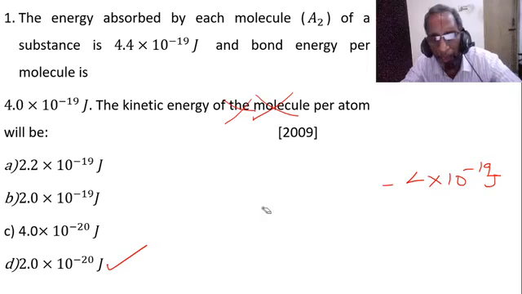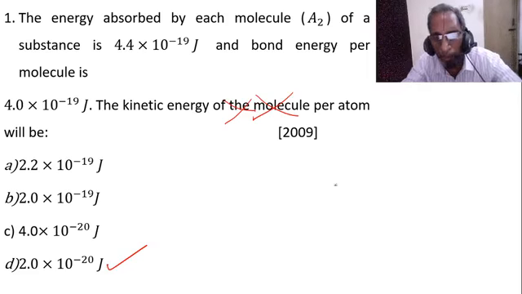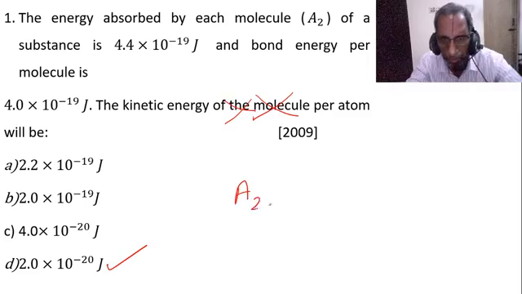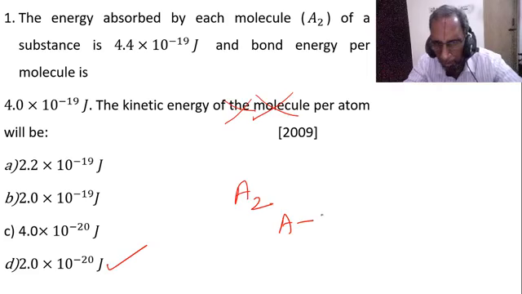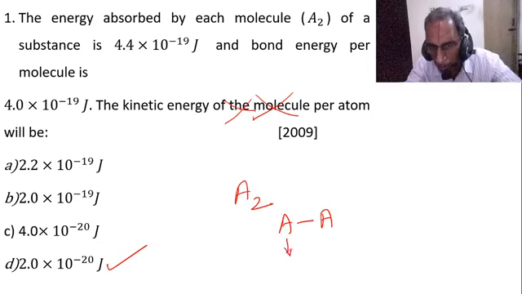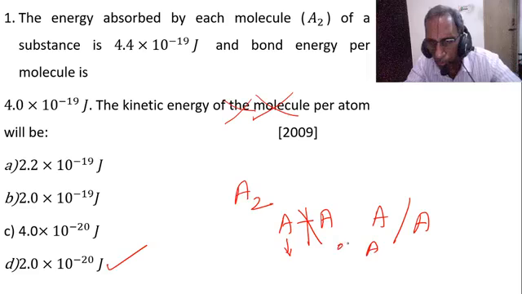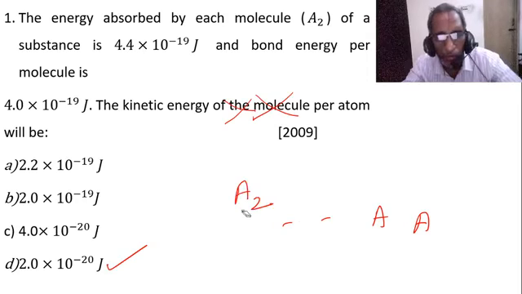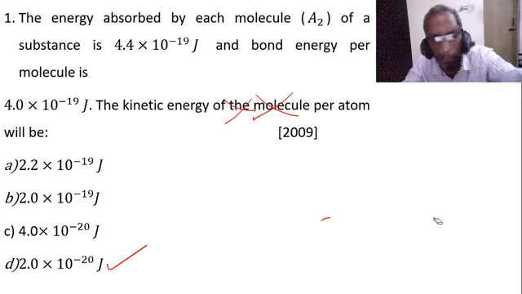Here, what is the kinetic energy of one atom? It is asked. First, there is an A2 molecule. There is a bonding between A and A. We don't know whether it is a single bond or a double bond. Don't worry about that. If only one atom has to move, first they have to be split. A2 has to be split as 2 A's. Then A has to be given higher energy so that it can move. That is the idea. So this higher energy is absorbed.